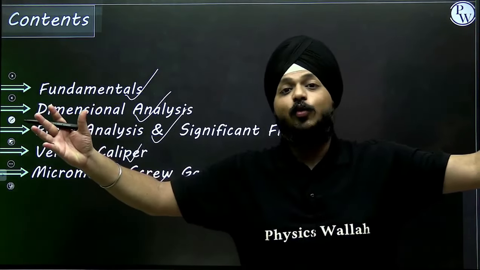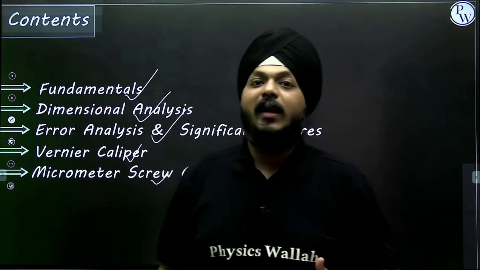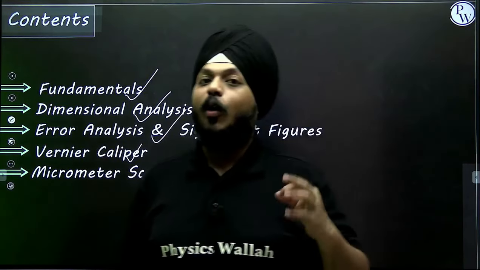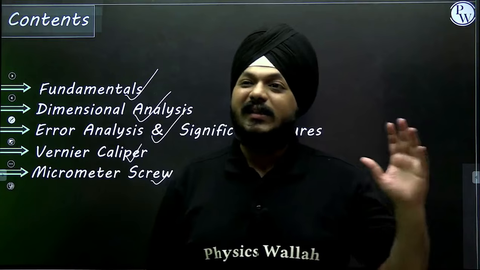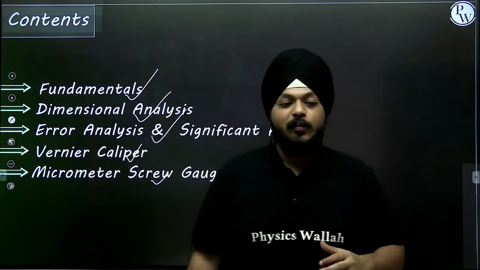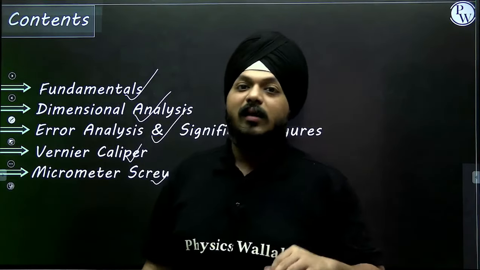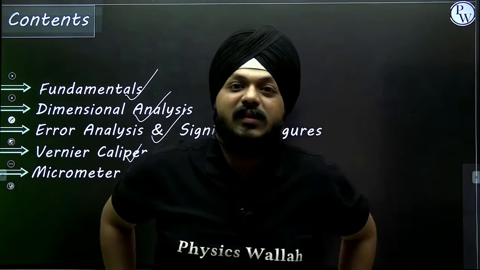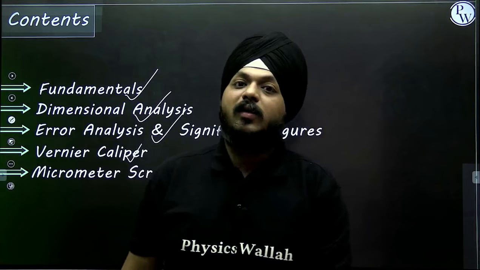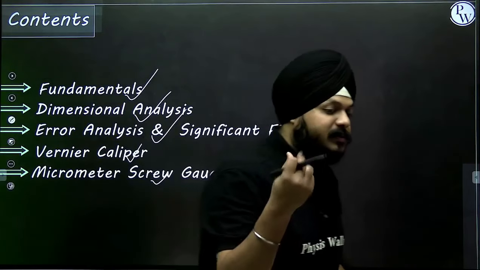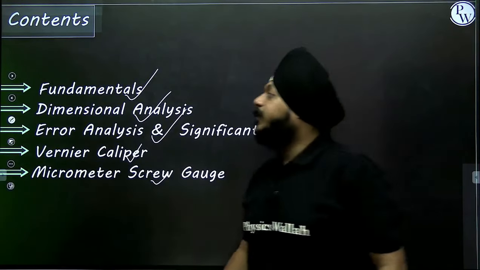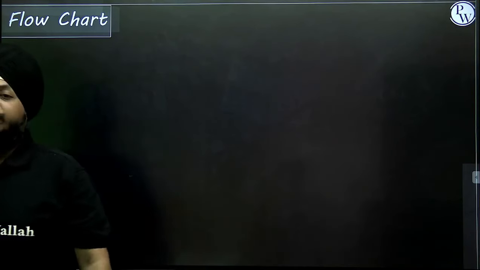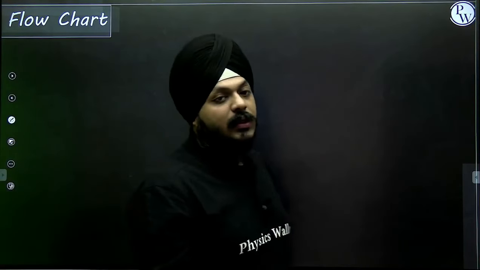In our previous KVPY series, we have already seen some of the important flow charts. I got the idea from rotational motion and started from that. But for the crash course, obviously we are going to provide some important things. We are really going to provide awesome things. So let's move on without wasting our time. What will be the flow chart of this specific chapter?